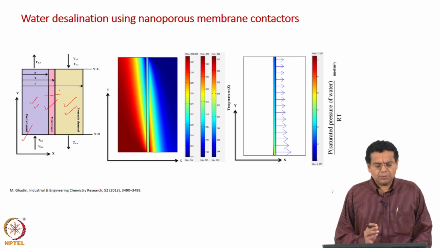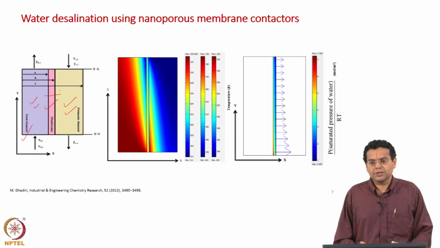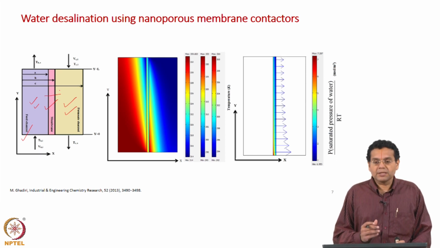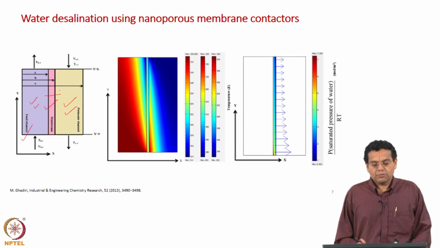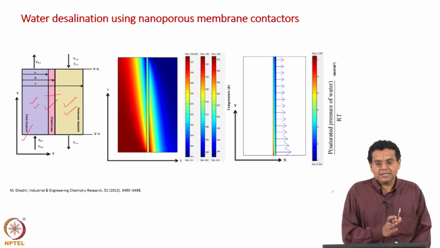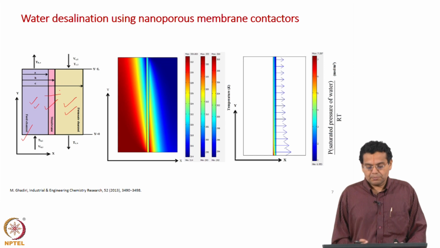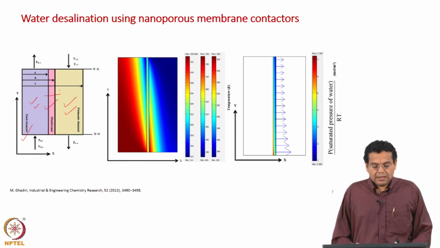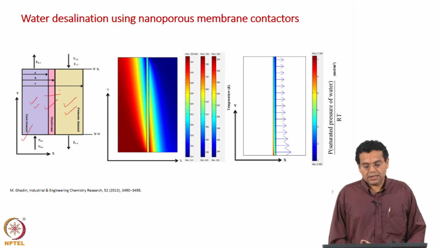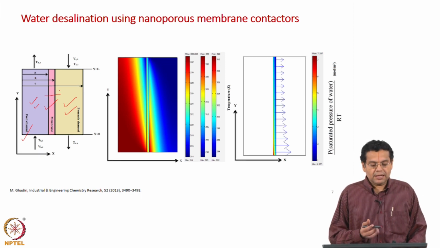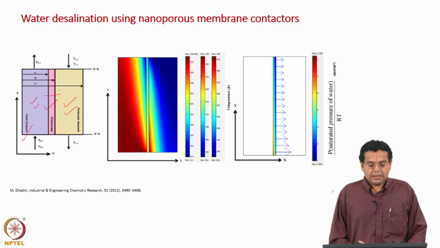And suppose we want to design this membrane distillation unit, study the performance of the membrane distillation unit. What do we mean by that? The main variable of interest here is how much water has got transferred from the feed side to the permeate side. So, to predict its performance we need to solve the conservation equations. What are the conservation equations? We solve the continuity and Navier-Stokes equations, because you do have flow here, and we solve the energy balance equation to get the temperature profile.